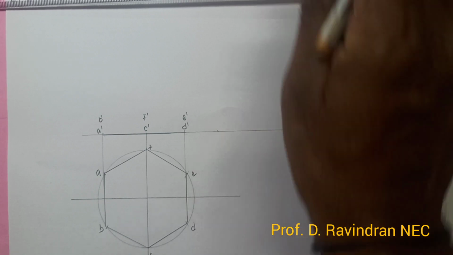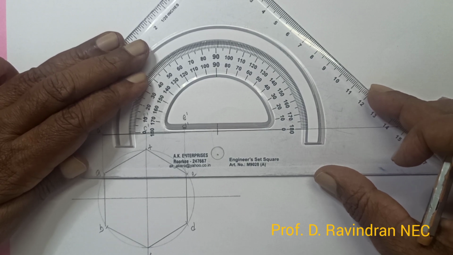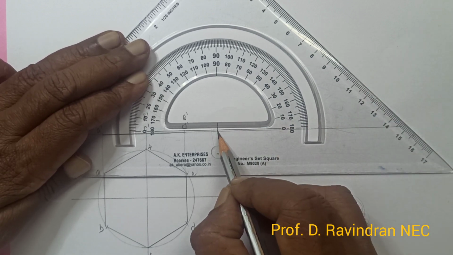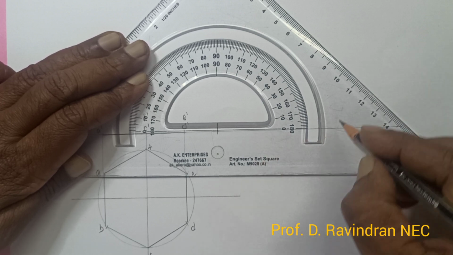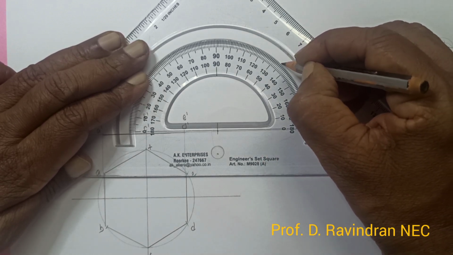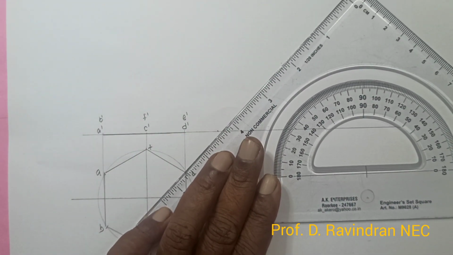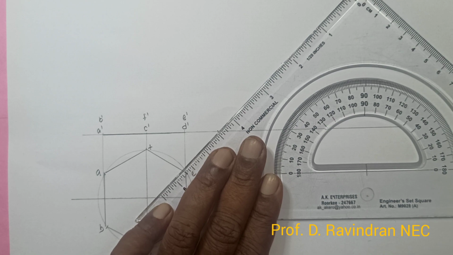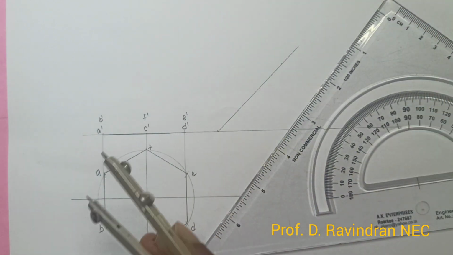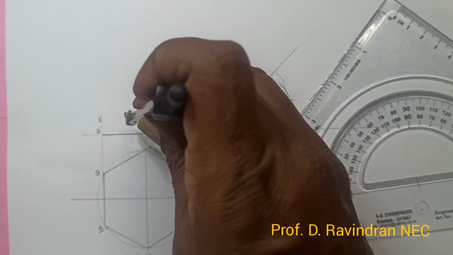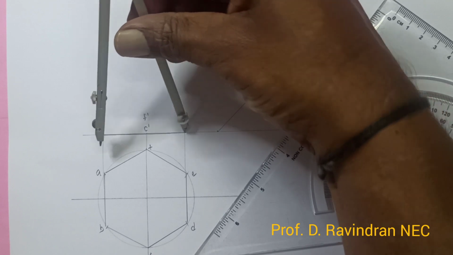We can locate some point. On that point, we can just fix the 45 degrees protractor. The center point has to coincide with the chosen point, and then this 0 degree has to coincide with the XY line. Then only you will be getting exactly 45 degrees. Now we can mark one point at 45 degrees, and then you can draw one line connecting this chosen point as well as this. Now we have to transfer this dimension. The front view length is this much. This front view length we have to take by the compass,